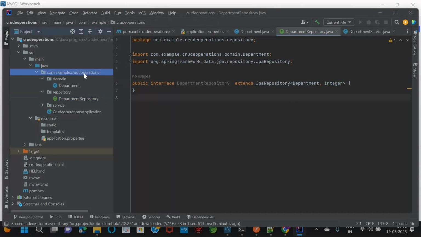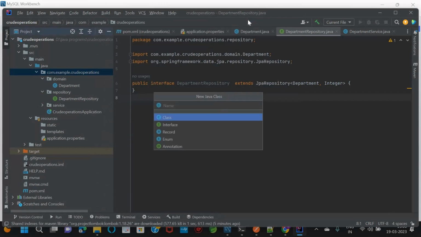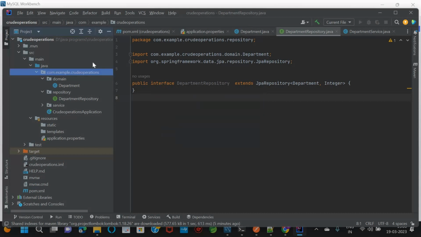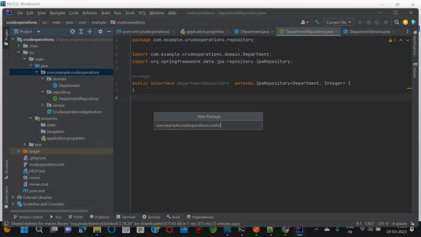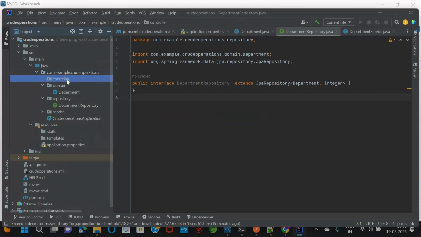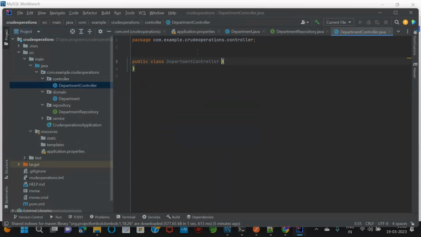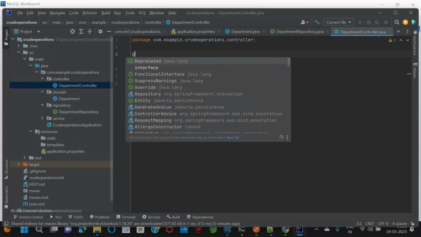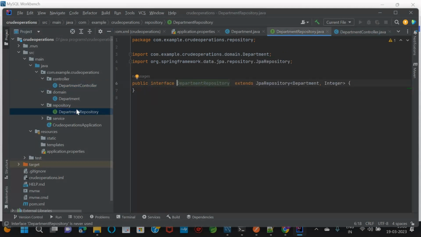And then let me create a controller also. Right click, Java class. Before creating the class, let me create a package, controller. Inside the controller, I'm going to create a Java class whose name is DepartmentController. This I'm going to annotate with @RestController, and then let's start with repository. For example, if I want to find by department ID,